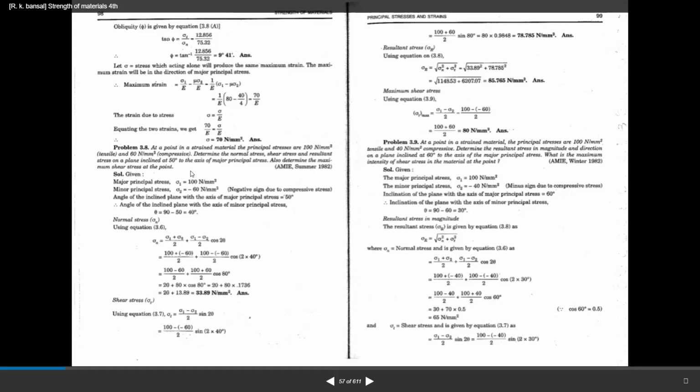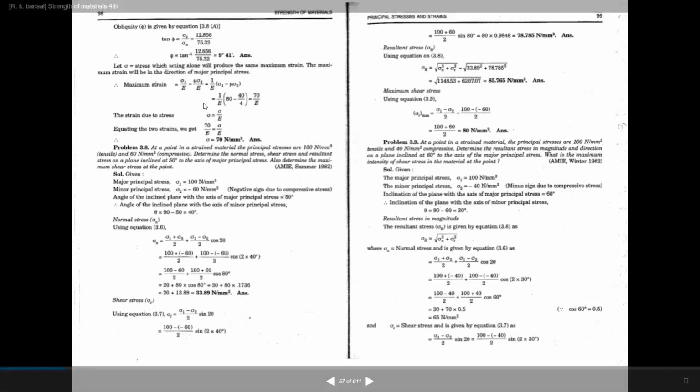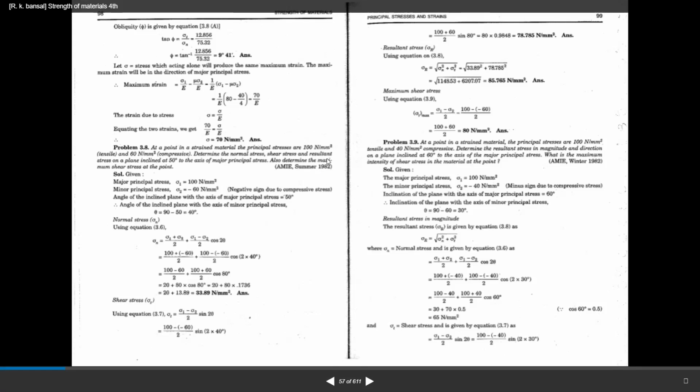This is the problem, for example, to calculate the normal stresses, tangential stresses, and resultant stresses. Next class, I will explain theory of failures and give a number of problem examples for this analytical method, to calculate the stresses. Next class, I will explain theory of failures for first unit, second topic.